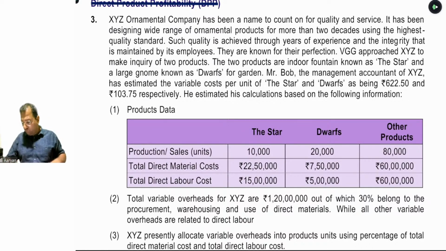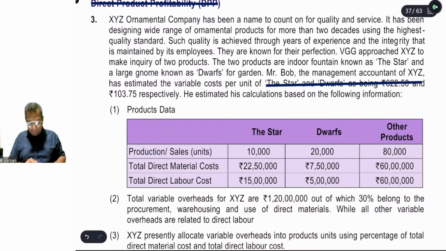Let's read. We will make the question a bit tougher. Assume that we have not been given the variable cost. Based on our calculation of points 1, 2, and 3, we ourselves find out the variable cost for the first and second product. Because if the same question appears in the examination and the paper setter simply doesn't provide this line, then definitely students might face some difficulty in those 3 hours. So even if they don't give it, how we can find out the variable cost is more important.